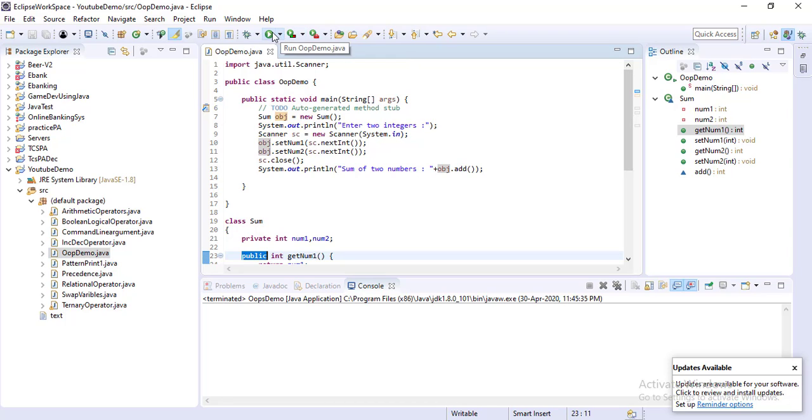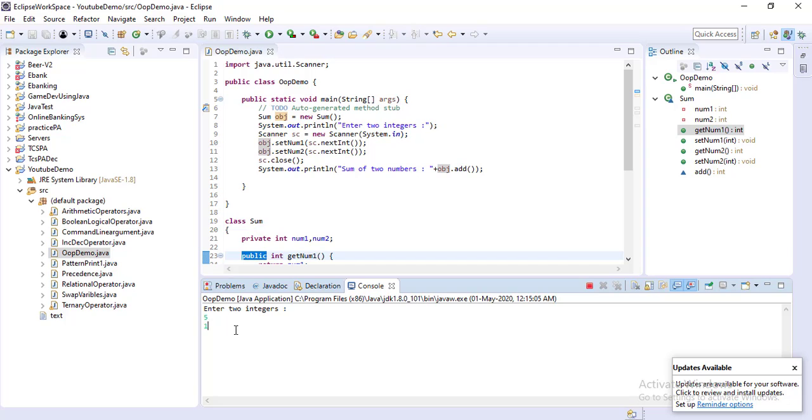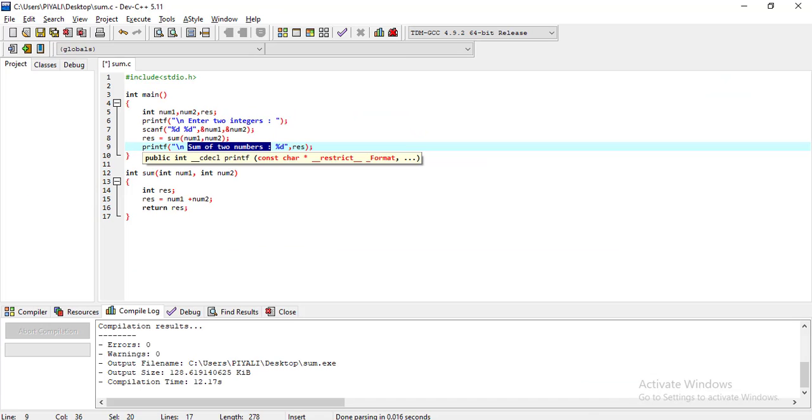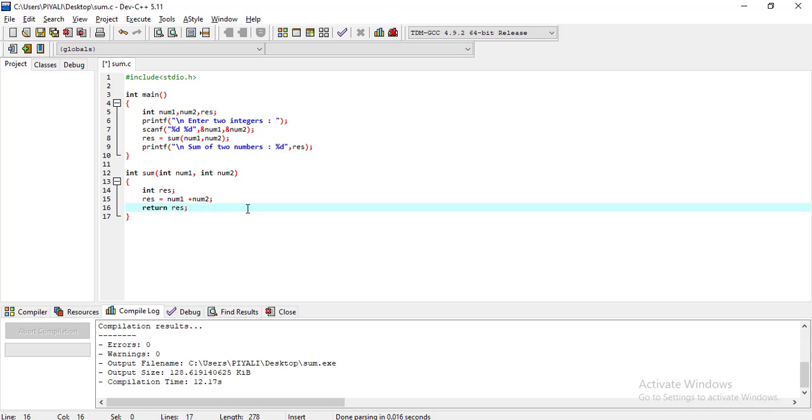If you now run this code, you can see it says enter two integers. Suppose I give 5 and 10, and you can see that the summation of the numbers is 15. I showed you two programs, one in C, which is procedure oriented, where we mainly focus on what you have to do. For a small program Java is a little bit difficult, but for a big project or big program, object oriented programming has less complexity than procedure oriented.